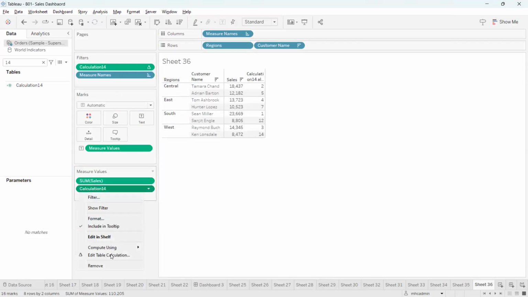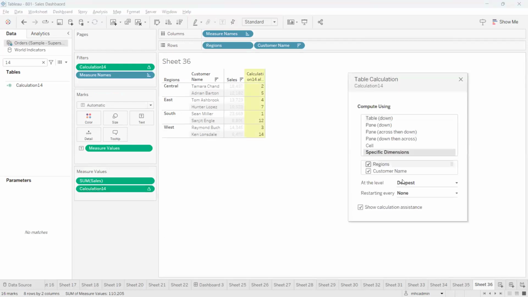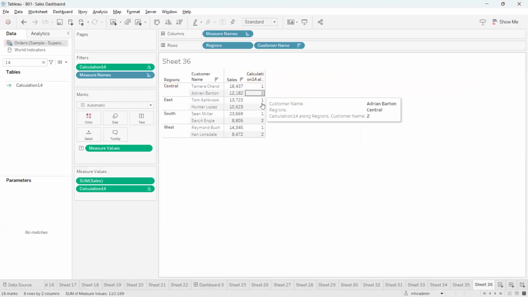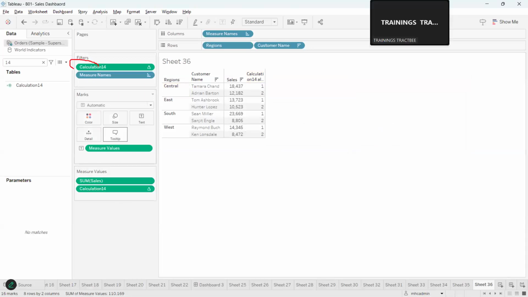And for calculation 14, also apply the edit table calculation. Just like that. So now it will show rank 1, rank 2 for each region. In this case, applying calculation 14 in the filter shelf is mandatory to get the top 2